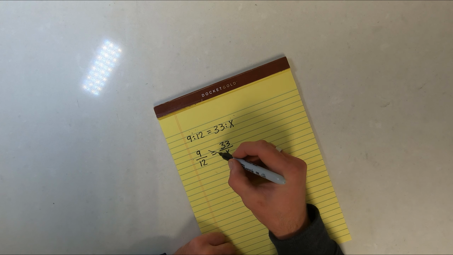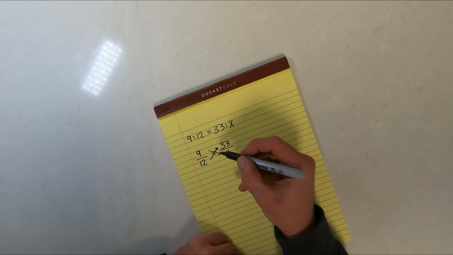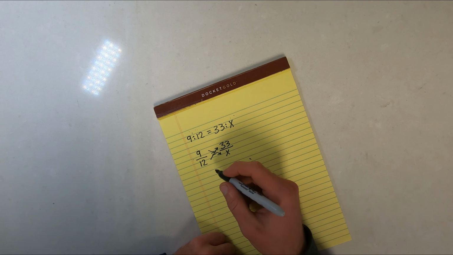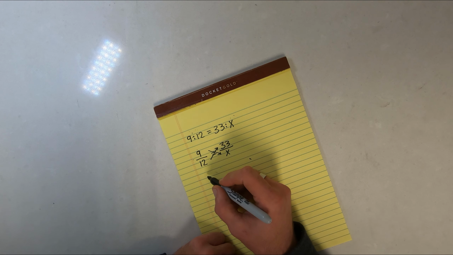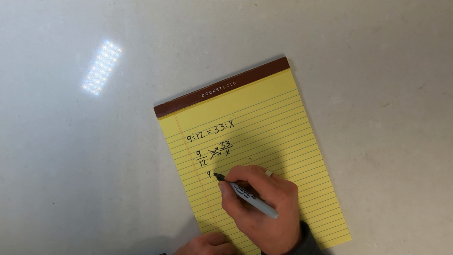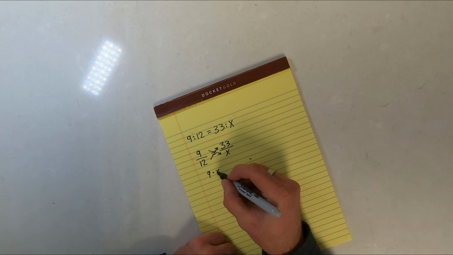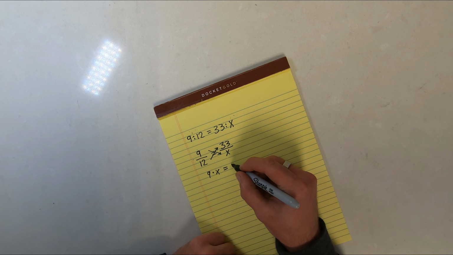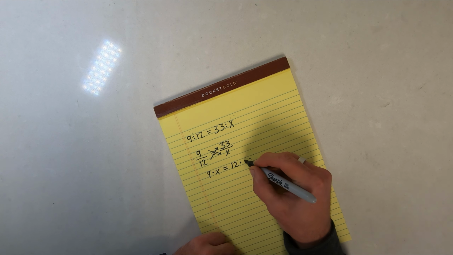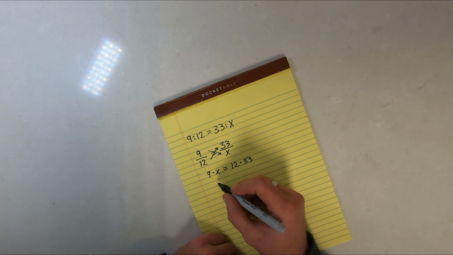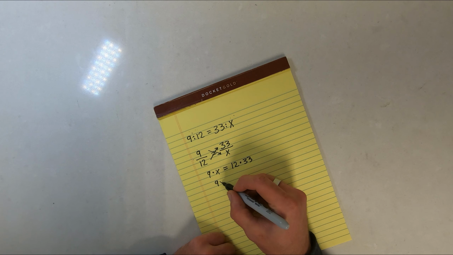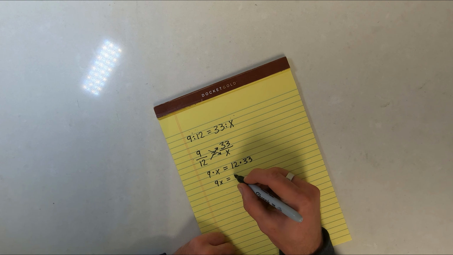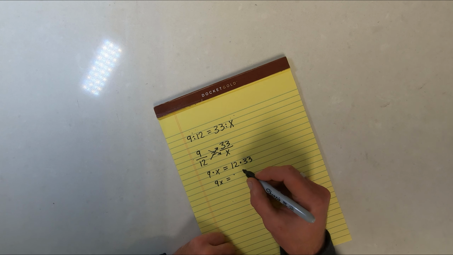So we just cross multiply, and it will give us the equivalent numerators. So on one side we'll have 9 multiplied by x is equal to 12 multiplied by 33. On this side we'll just have 9x is equal to, and 12 times 33 is